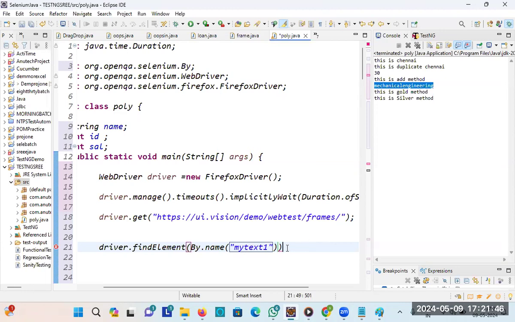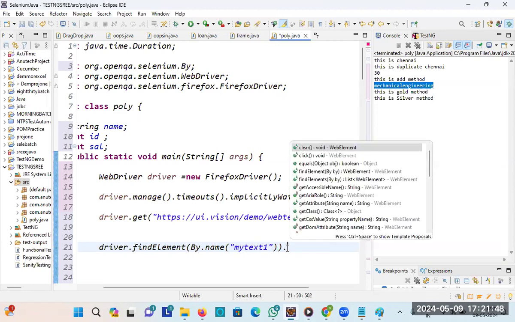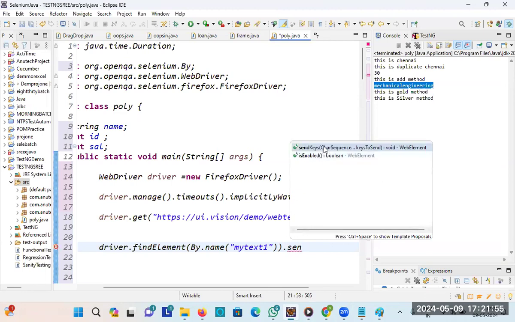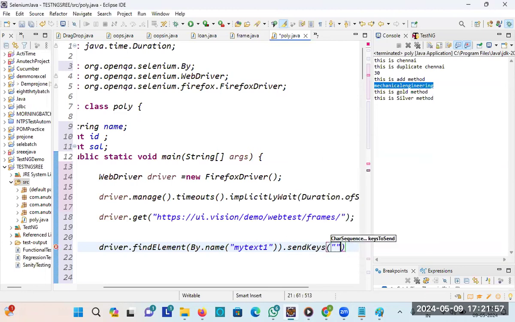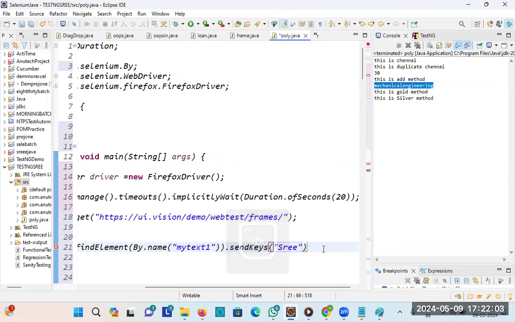Now what method are we going to use in order to pass the text? sendKeys. I can give 2 in brackets. That's all. Now if I run this,